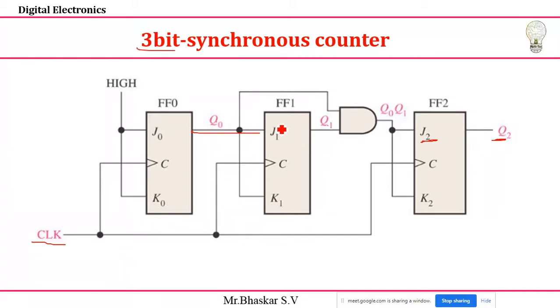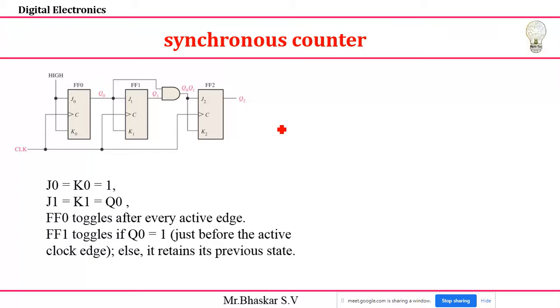So let's see the waveform, then you can easily understand how to write the waveform. So that's what I'm telling here. Carefully you see that here there are 3 flip flops. For the first flip flop, the 0th flip flop, J0 and K0 I'm going to connect to 1. And second, J1 and K1 I'm going to connect to Q0. Yes, my Q0 I'm going to connect to J1 and K1, just short and connect. Similarly J2 and K2 are connected to the values of Q1 and Q0. You can extend. Now, how to analyze this?